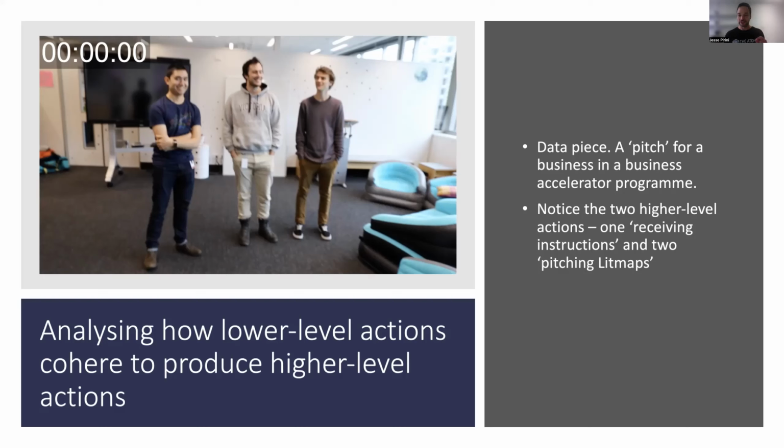Some of the lower level actions you produce are involved in producing the higher level action of watching the presentation. And some of the lower level actions that you produce are involved in these other actions that you have going on. And so how do lower level actions cohere to produce obviously and clearly one higher level action and not another? So this idea of coherence is